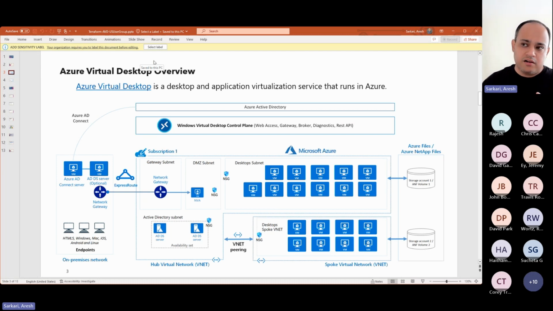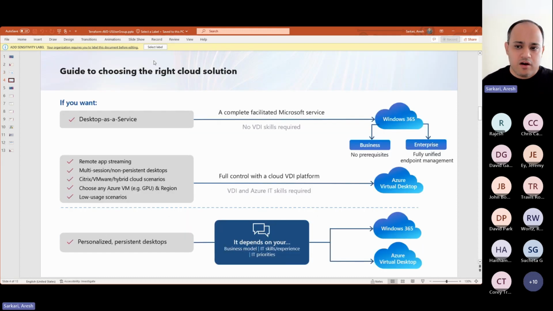The emphasis I want to give here is that you need to know the other Azure services which are leveraged within Azure Virtual Desktop. However, the core services are managed and maintained by Microsoft for you on your behalf. And when we go into the deep dive, we'll take a look at the portal and everything. So, moving on,